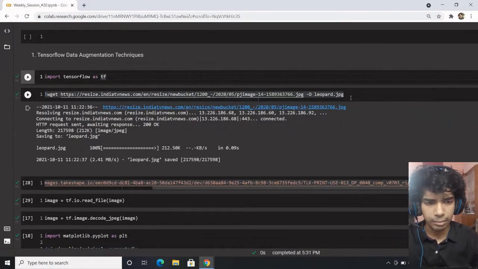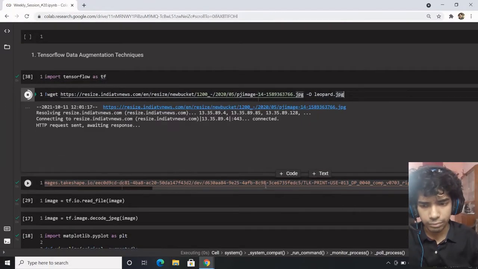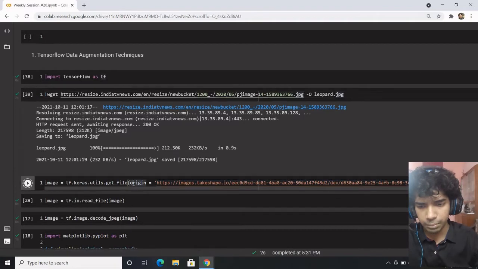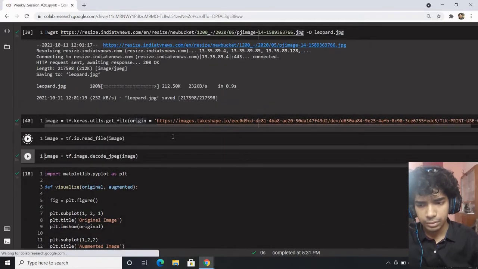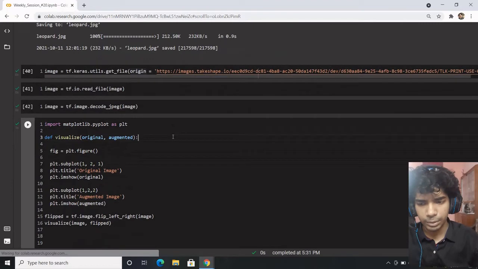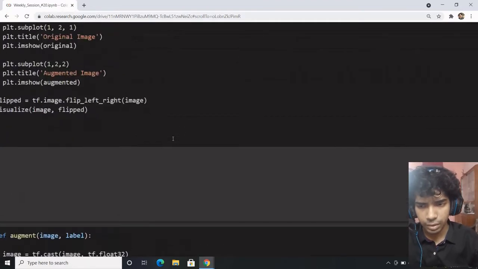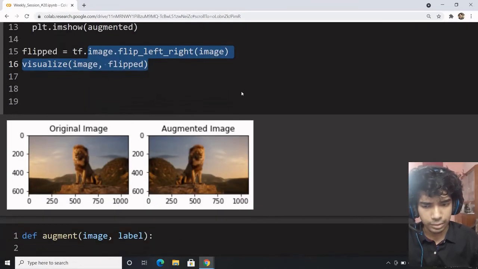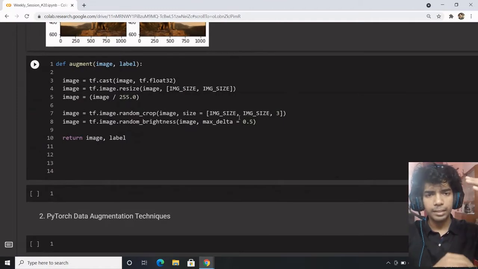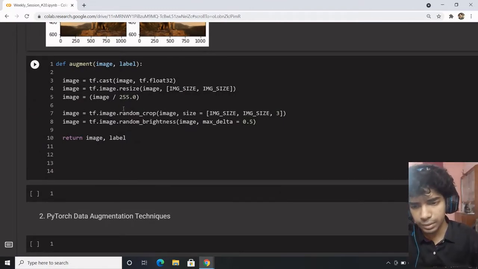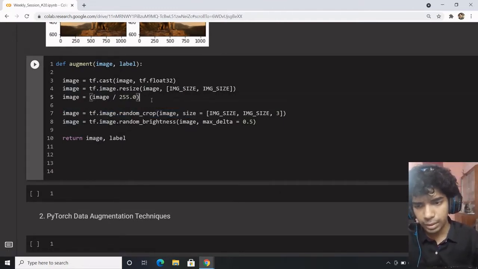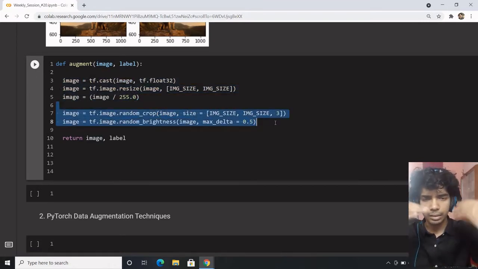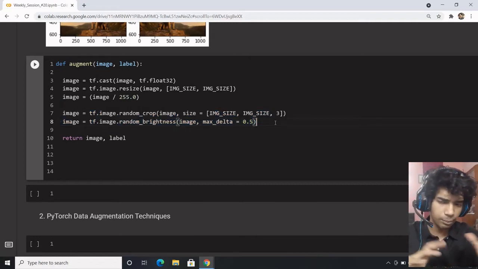So I've done a bit of code work for you so that we save some time on the processing. So like as usual, this is just image loading and some utility work. So over here you can see tf.image.flip_left_right, and you can see the original and the augmented image. Now if you want to apply multiple layers of augmentation, you can do this. Just load the image and pass them in a multiple sequence, and you finally obtain the output.